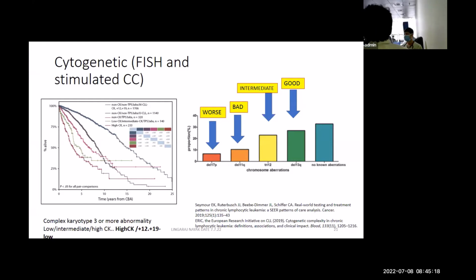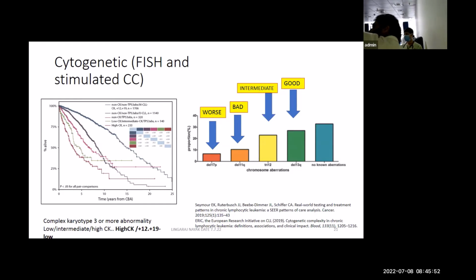Four cytogenetic abnormalities are very common in CLL: 11q, trisomy 12, 13q, and 17p. The fifth is no cytogenetic abnormality. So these are 5 groups. Easy to remember: 11, 12, 13, 17. There is no 14, that's all. So how do you say which is good or bad? If it is 13q, it is good. If it is trisomy 12, it is somewhere in between. 11q and 17p are bad. Don't exchange them. 13q has good performance.